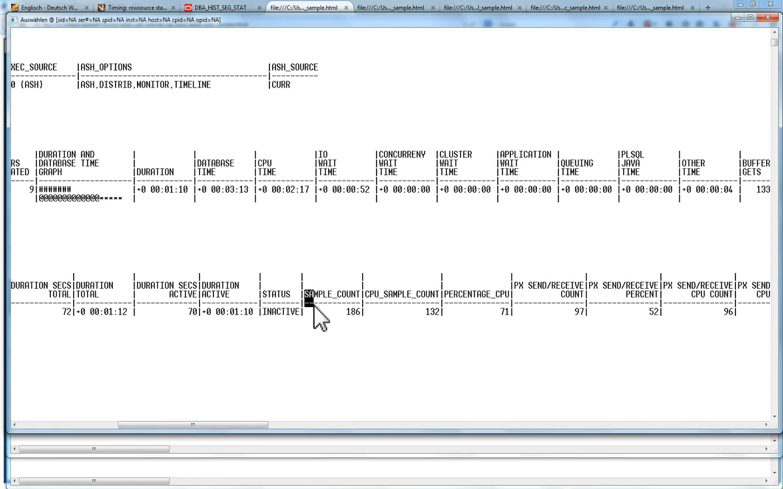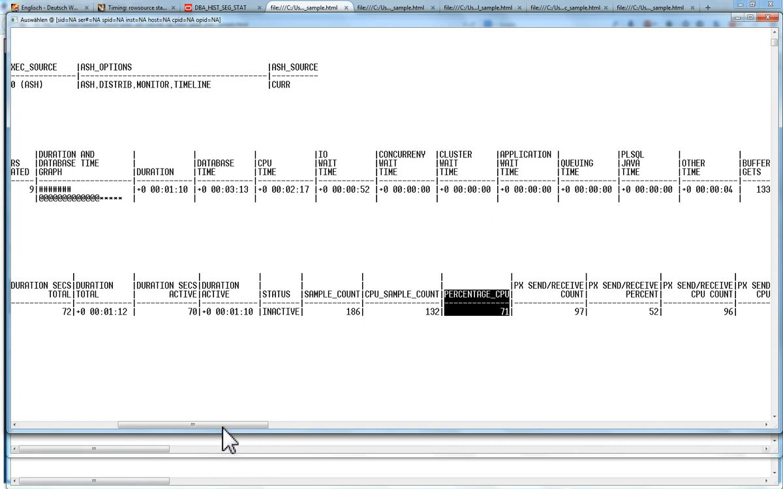Then you get information about the total sample count found. You can see here that with the active duration of 70 seconds and 186 samples, we obviously have parallel execution, with on average more than one session active. And out of these total 186 samples, there were 132 samples that were about CPU activity, and this means this profile here is 71% CPU activity,